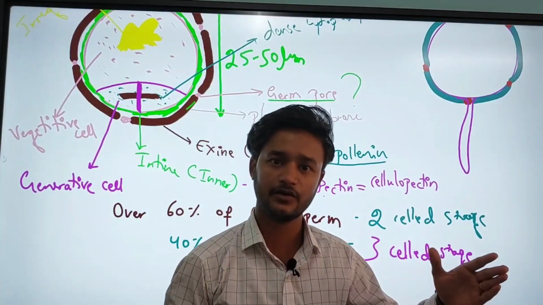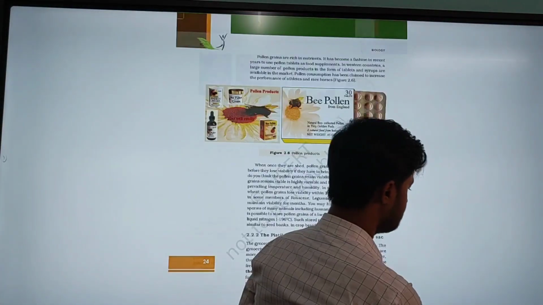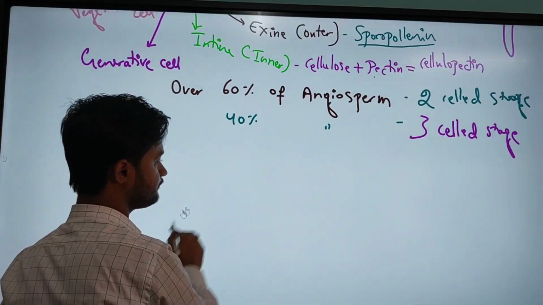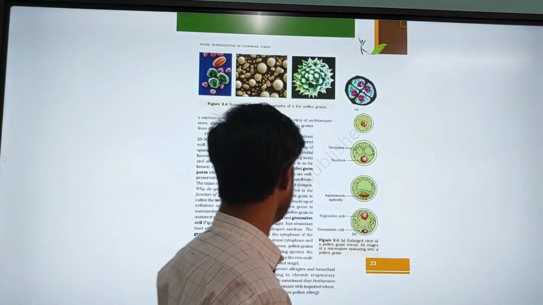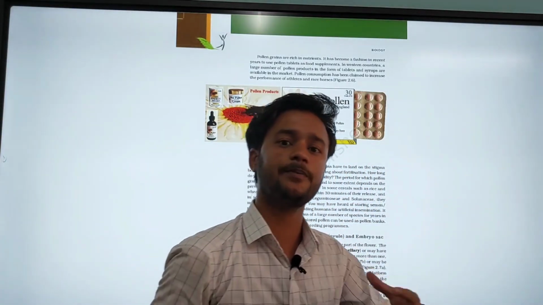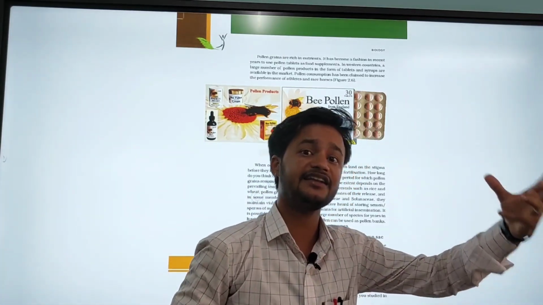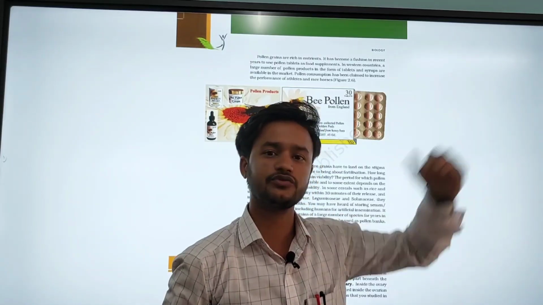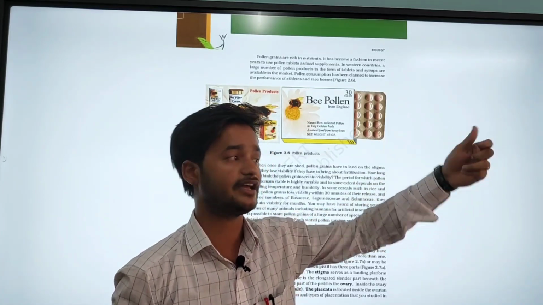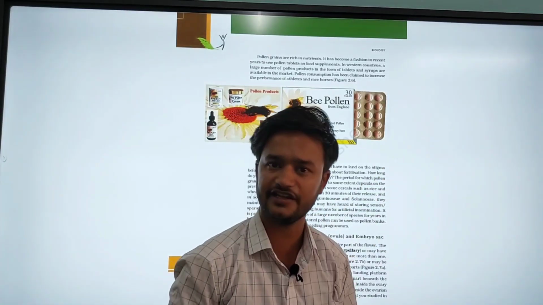So that is the viability of the pollen grain. What is the viability of the pollen grain? Viability of pollen grain is the ability of the pollen grain to produce its pollen tube. After release, the pollen grain reaches the stigmatic surface, and the compatible pollen grain produces its pollen tube. That is called what? Pollination. And after pollination, fertilization takes place, right?